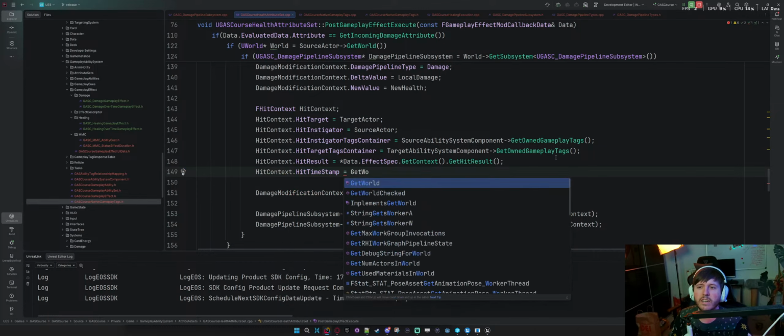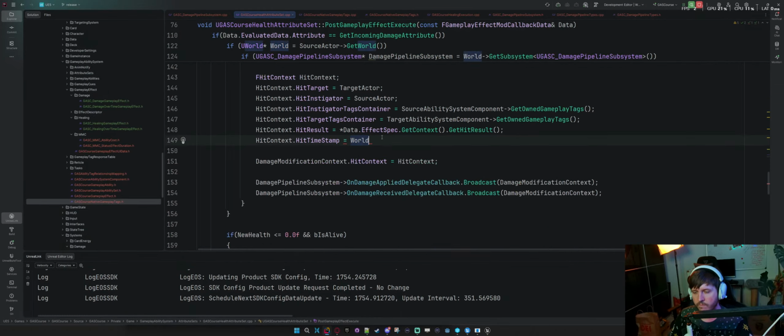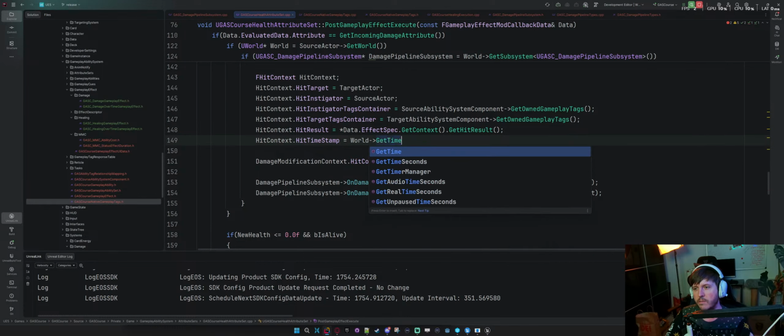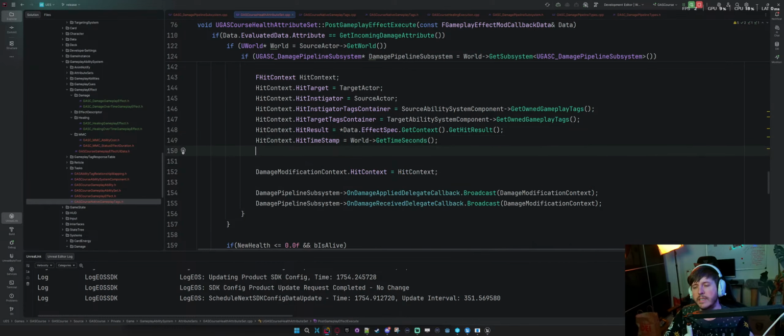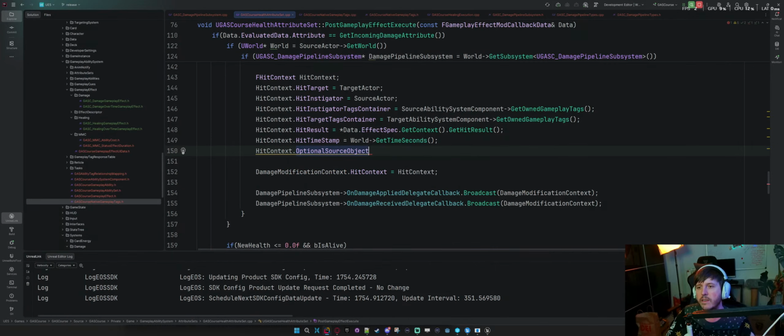So now hit context dot hit timestamp equals get, well, I have world, right? Get time seconds. And now hit context dot source optional object, which I don't think I'm going to get anywhere. Let's try to find it.